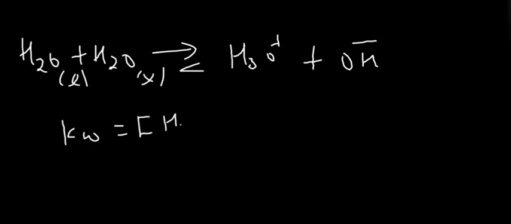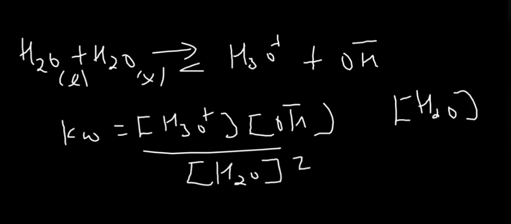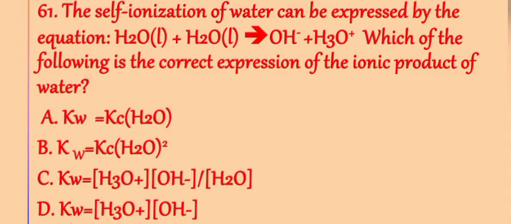Product hydronium ion times what? Concentration of hydroxide ion divided by concentration of water liquid the whole square ነው የሚመጣው። but the concentration of water liquid which is equal to what? constant 1 ነው። ስለዚህ dissociation constant of water KW which is equal to ይሄ 1 ሲሆን ስንት ይኖራል ማለት ነው? concentration of hydronium ion times what? concentration of hydroxide ion ነው ማለት ነው። so the answer is D ይሆናል ማለት ነው። መልሳችን D ነው ማለት ነው።